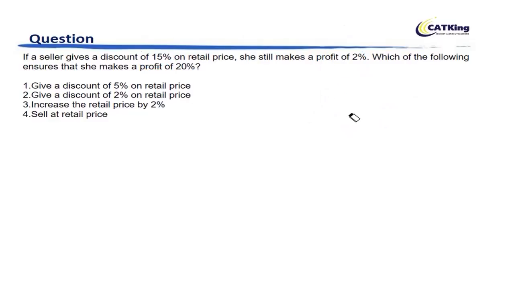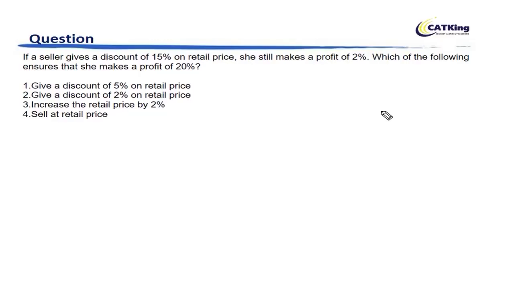It's a very important skill to have in CAT. First you think, then you write. What we generally do is we start writing and then we realize that some of these steps are a waste, right? You get into this habit of actually thinking and then writing. So what should I take so that discounting it by 15% makes it divisible by 1.02?